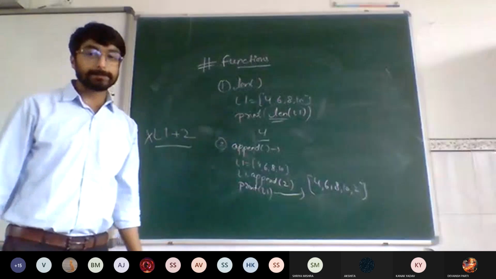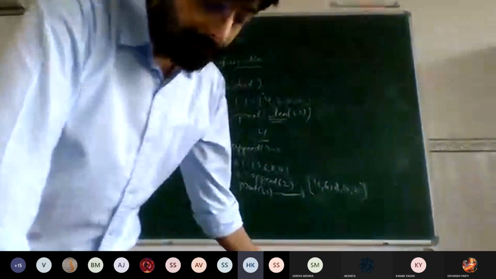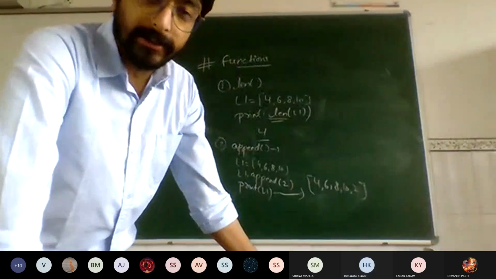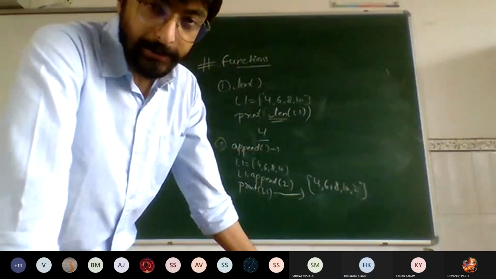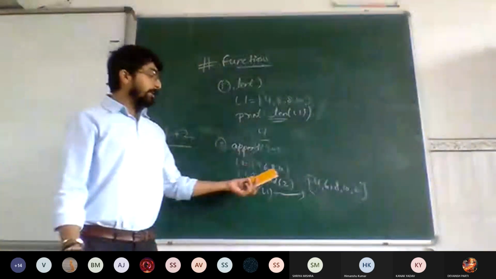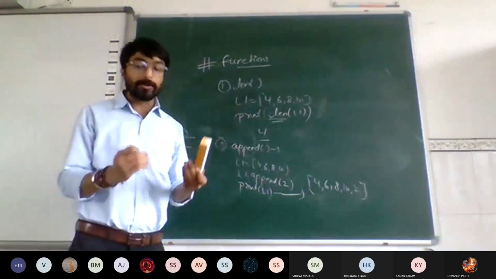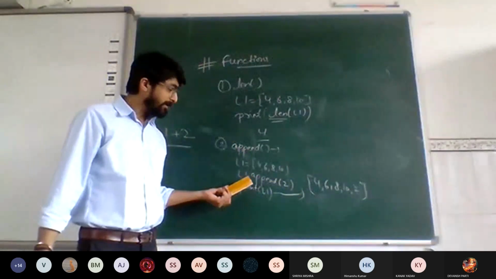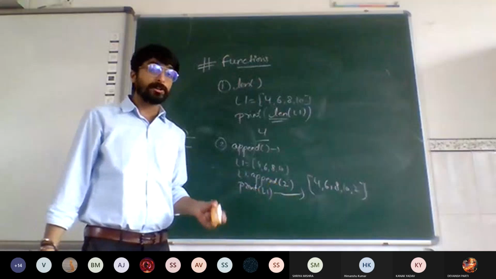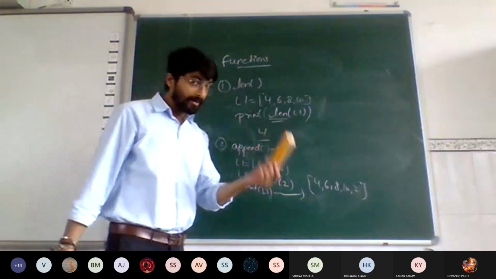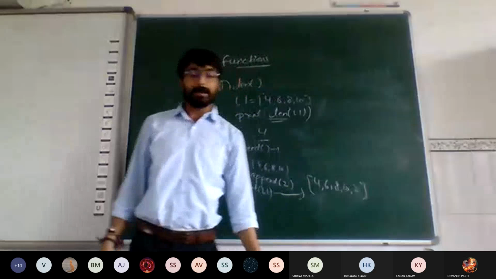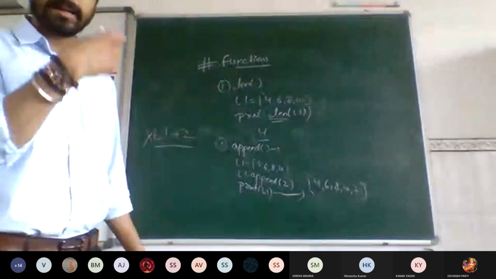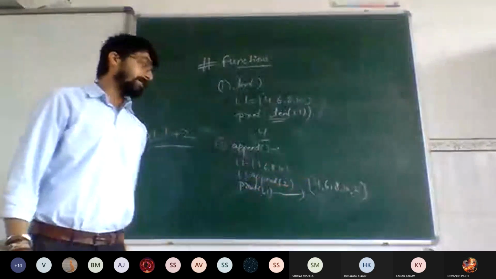Sir, yes, actually I got disconnected. Can you explain again the append function? Append function is used to insert an element at the last position of a list. For example, if you have a list 4, 6, 8, 10 and you want an element inserted at the last, you can use append function. You simply write the list name dot append and the element that you want to insert at the last position. I have written 2, but you can have any other element. So the print will display 4, 6, 8, 10, 2. This 2 gets appended at the last of this list.